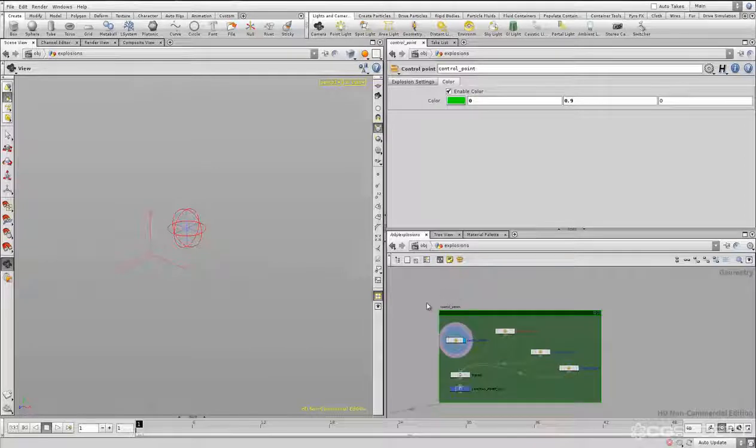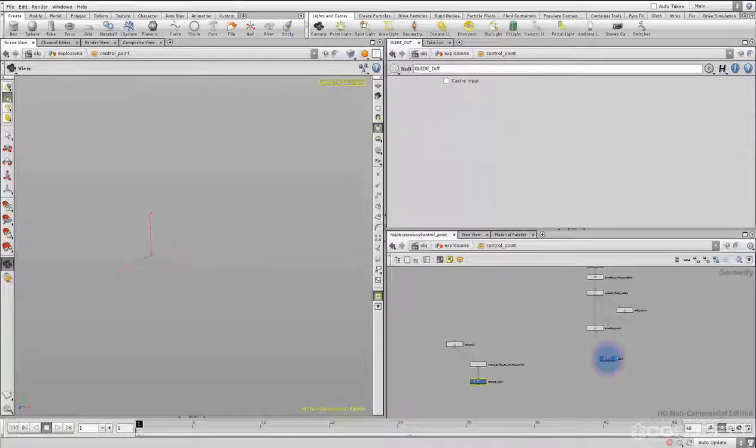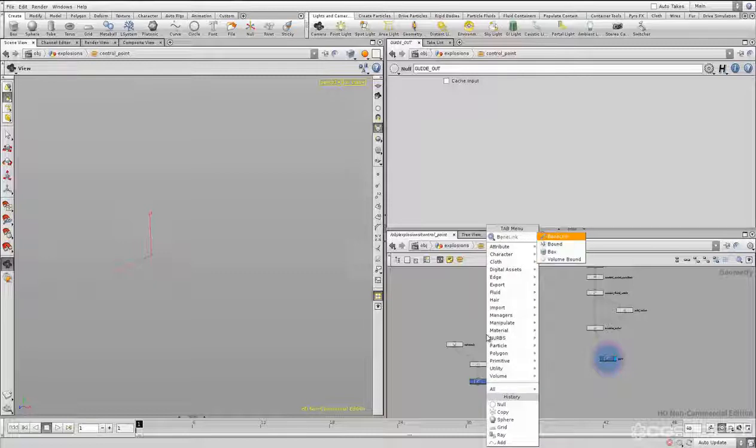Now the cool thing about this is that I can change the representation that Houdini is going to use for the guide geometry anytime I want to, so it doesn't have to be a sphere. I could turn it into a box or a circle or whatever I want to, really easily. And the way that I do that is, if we go back into the control point OTL, we just change what it's going to be copied into, and since it's referencing this guide out null, it's just going to automatically update itself. So if we swap out the sphere for a box,